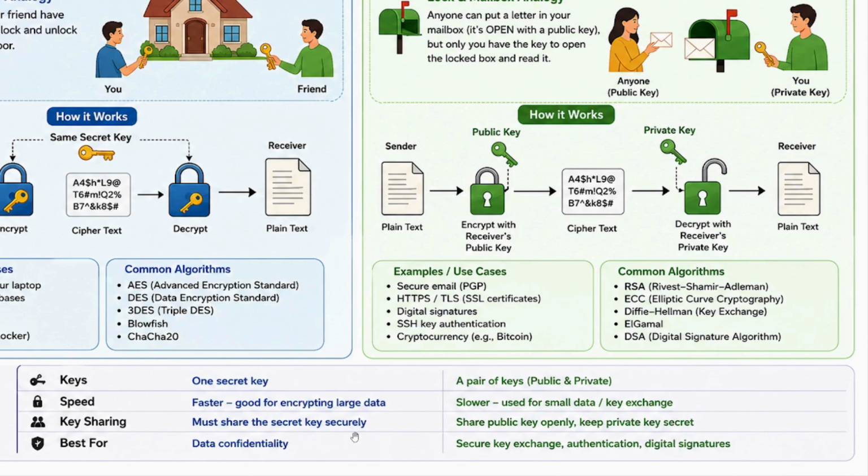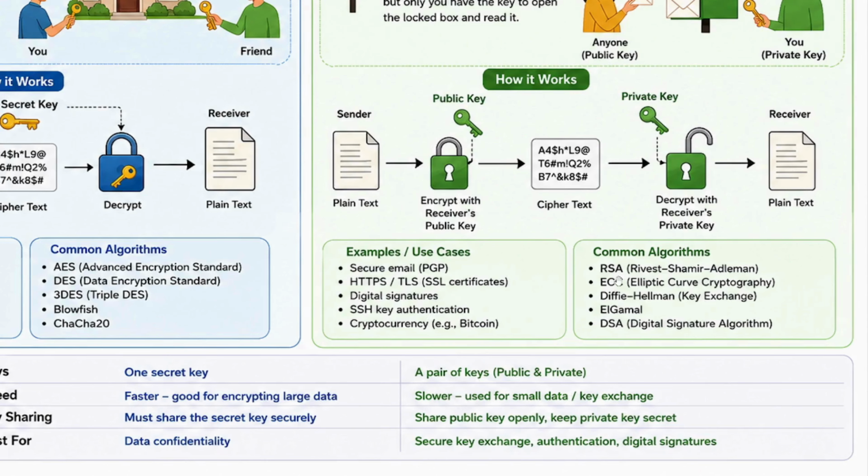Where it is being highly used is when you are sharing the secret keys, your symmetric secret keys. What you would do is encrypt using the public key, and then the secret key can be opened only using the private key. So this is where it is being used. And what are the various algorithms? Obviously, it is RSA, Rivest-Shamir-Adleman, Diffie-Hellman key exchange, DSA, Digital Signature Algorithm. All these use asymmetric encryption.